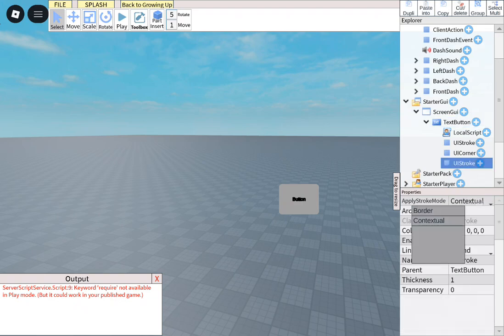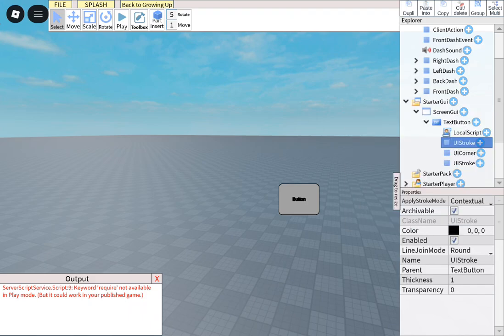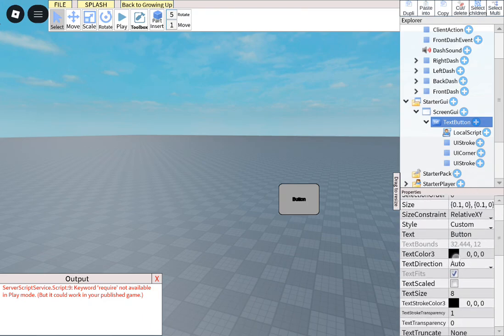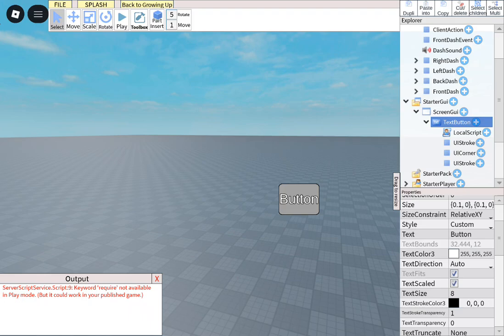Then after that, no, I'm deciding. I'm gonna make it like this, but you can pick what you want. Don't forget text scaled.